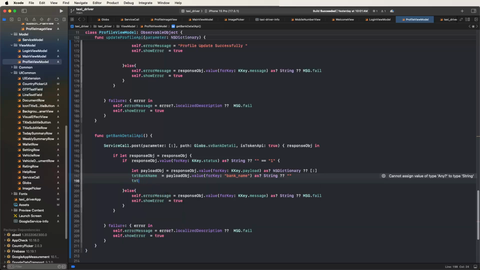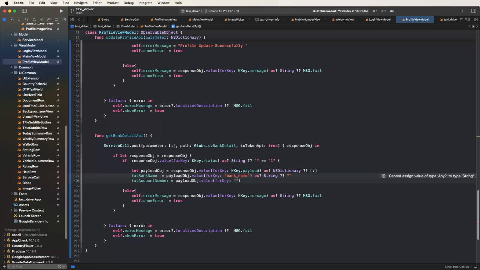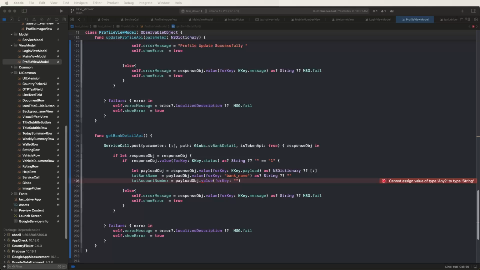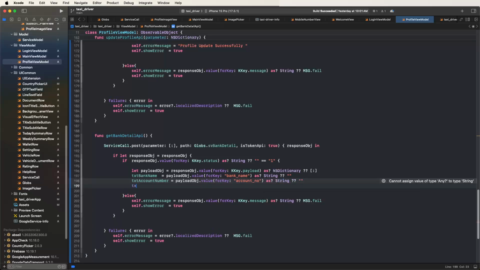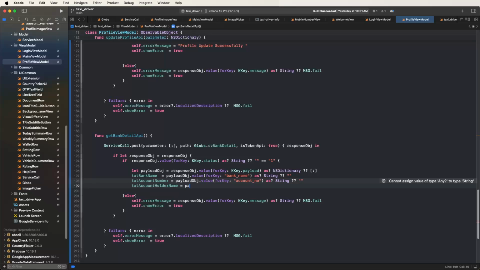mobile, not mobile, account number. Need to set this value for key, and now need to set the account as a string, and set the string like this, then txtAccountName, placeholder value for key, and give the account name as string,